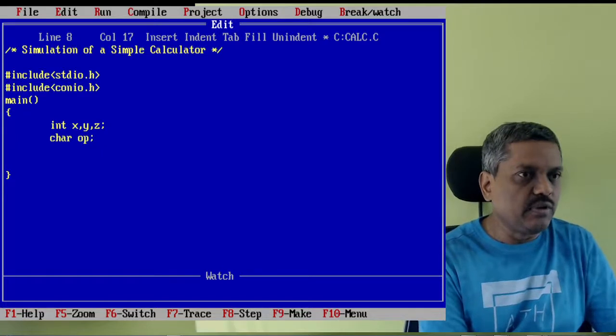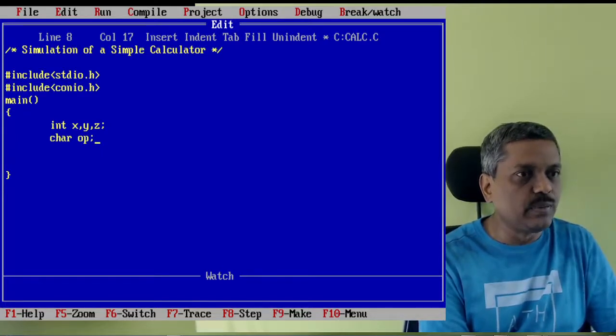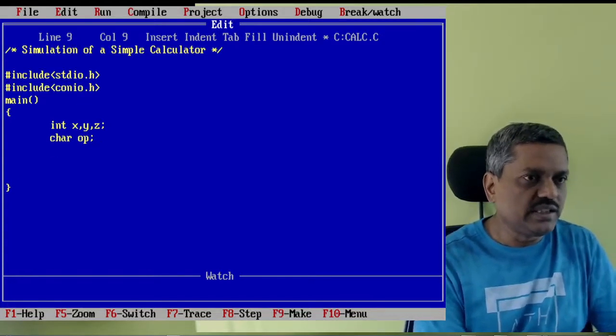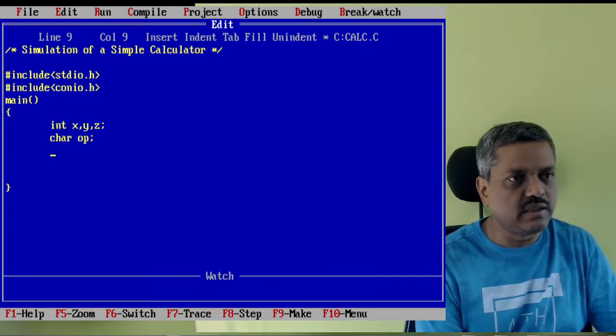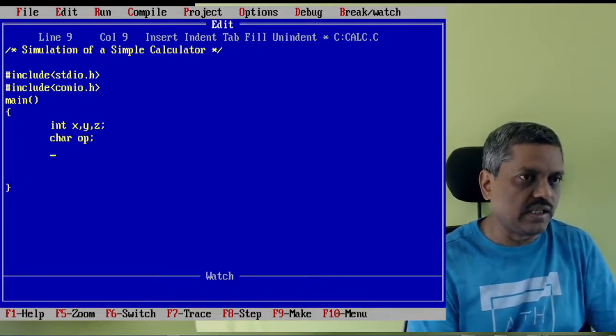To type, we better make it simple, because the lengthier the variable name, probably errors will occur. So this is the memory locations we are going to use. Integer data type x, y, z are the three variables, and then character data type is the operator. So we have four containers ready.